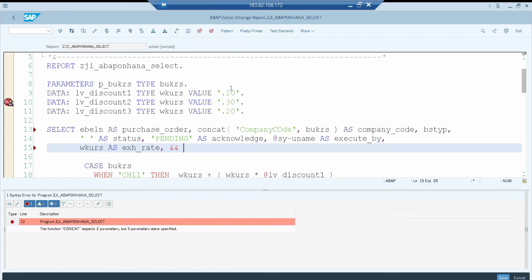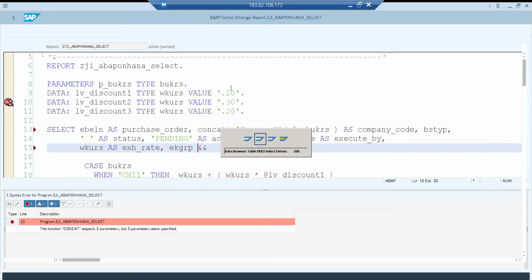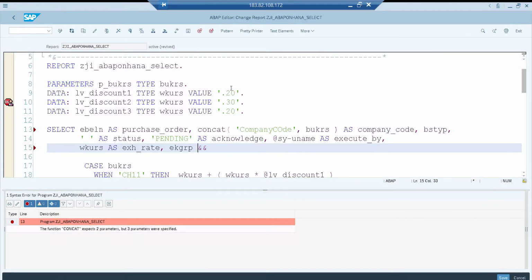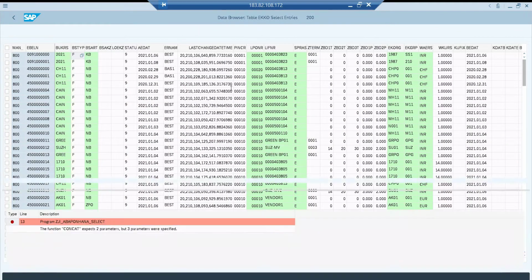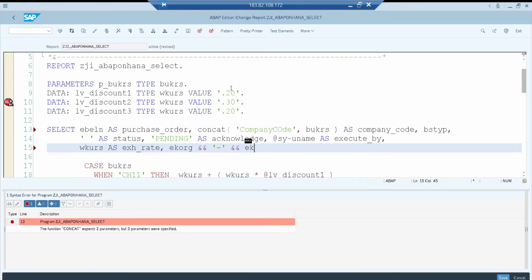So ampersand, use ampersands. Okay, so before that, EKGRP. EKORG first. I want EKORG, double ampersand. Within single quotes, I need some kind of a delimiter. One more ampersand. Whenever you want a concatenation, use double ampersand. Okay, and I want to say EKGRP, and it needs an alias name. Whenever there is a manipulation, it always needs an alias name. As purchase group,